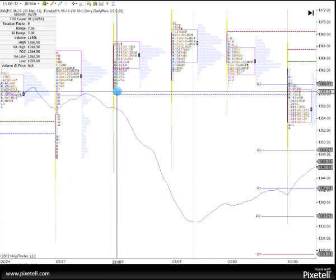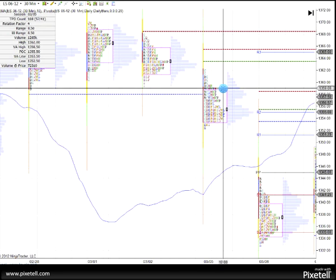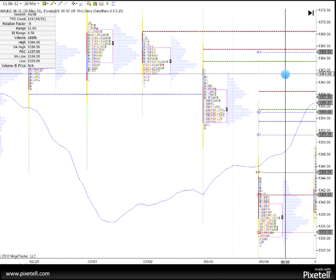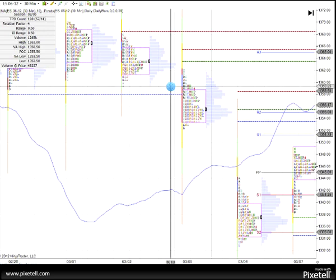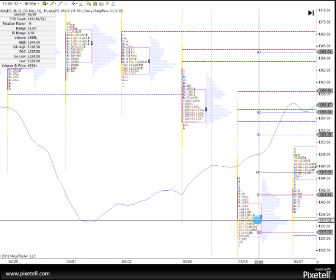You can see once we broke this profile area here of about 1358, we rose again. We're looking at the June contract, the M contract here also, just as an FYI. We have switched on the rollover last Thursday, so we have moved forward to the June contract for the next quarter. That being said, we broke down, and we went as low down here as